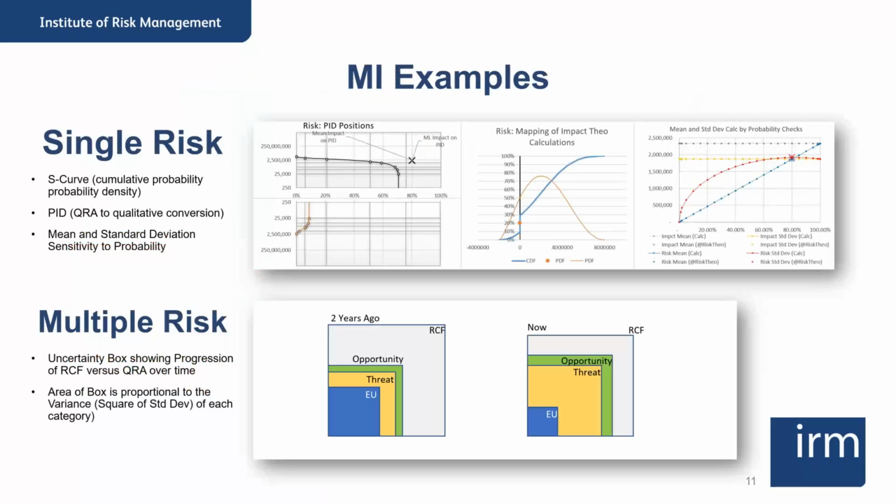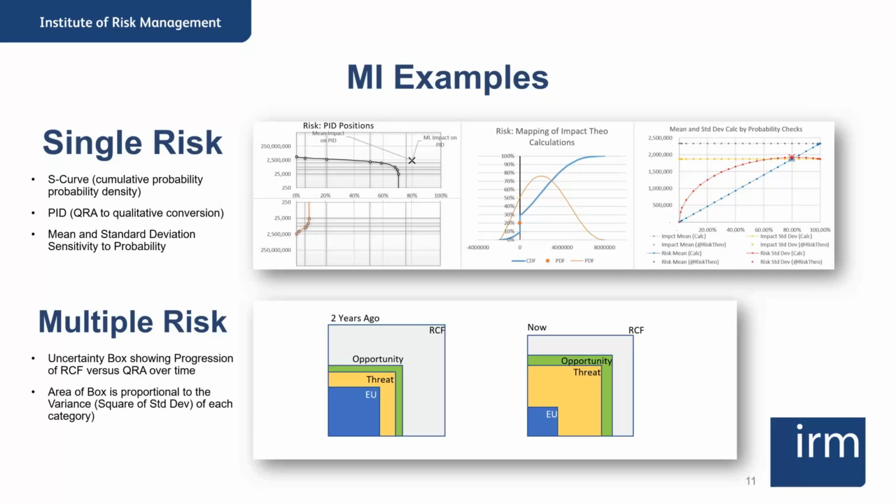The previous slides, if you download them, go into a bit more detail about some of the useful ones that you can use. They vary from things that are single risk, where you could want to explore a single risk in more detail, either to understand its sensitivity, how uncertain it could be versus its probability, or the fact that you may have simplified it in a PID diagram, but actually sometimes there's an opportunity component, or sometimes you might be worried about the peak aspect.